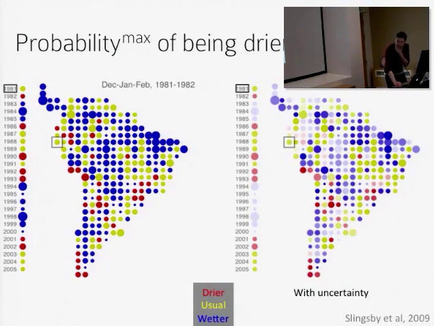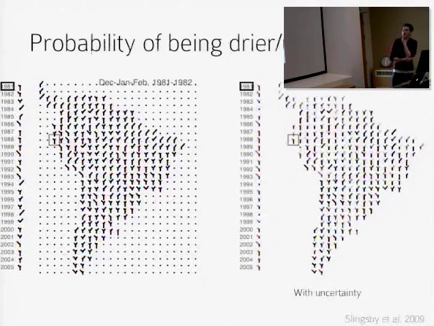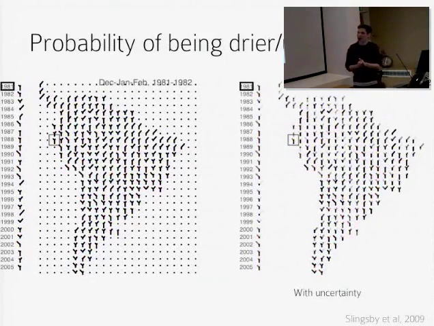But a consequence of taking the most probable outcome is that we lose quite a lot of data, because it could be wetter than usual where we're suggesting that it's going to be drier than usual, and the reverse could be true as well. So one way of encoding more of that information, or all of it, not discarding any, is to use these sort of glyph type representations.